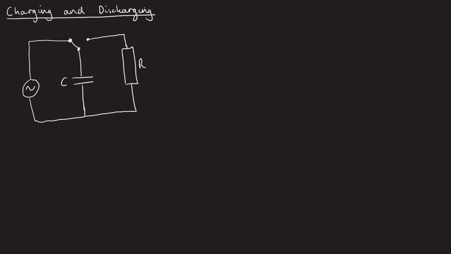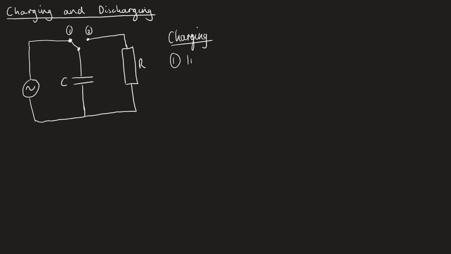We have one loop where, when the switch is in this position, let's call this position 1, and we'll call that one position 2. In position 1, we're initially charging the capacitor because we're going to start off with a current that can travel around this loop. And if it travels around this loop, that means initially the capacitor is charging. So let's say, when we're charging,